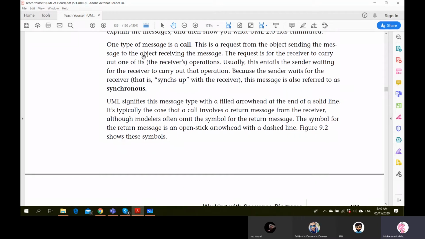So in the messages we discussed, one type of message is a call. This is a request from the object sending the message to the object receiving the message. The request is for the receiver to carry out one of its, that is the receiver's, operations. Usually this entails the sender waiting for the receiver to carry out that operation. Because the sender waits for the receiver, that is, syncs up with the receiver, this message is also referred to as synchronous.